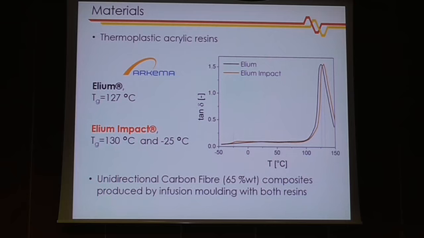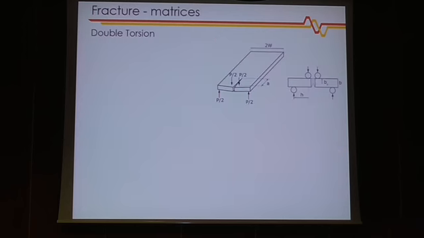The same two resins were adopted to prepare, by infusion molding, unidirectional carbon fiber composites with a final fiber content of around 65% in weight. So the fracture was investigated for the matrices with the double torsion testing configuration, which shows, apart from its experimental simplicity, also